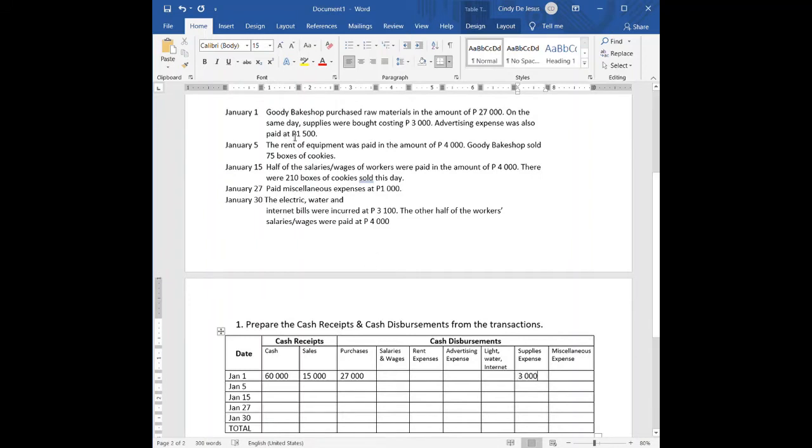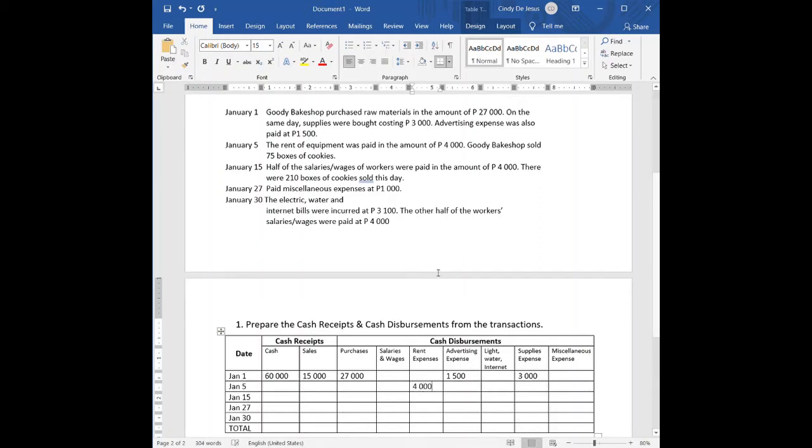Next number is the 1,500. And what is this? Advertising expense. So where are you? Okay, there. 1,500. Next, January 5. What happened on January 5? There was another expense, because he rented equipment and paid 4,000. So, rent expense here would be